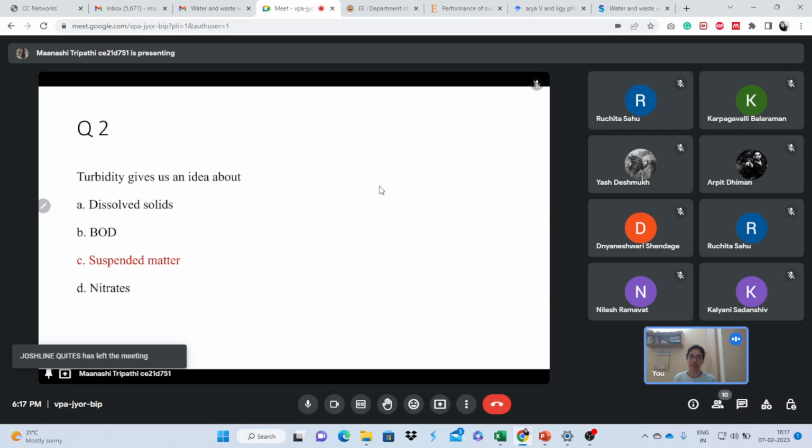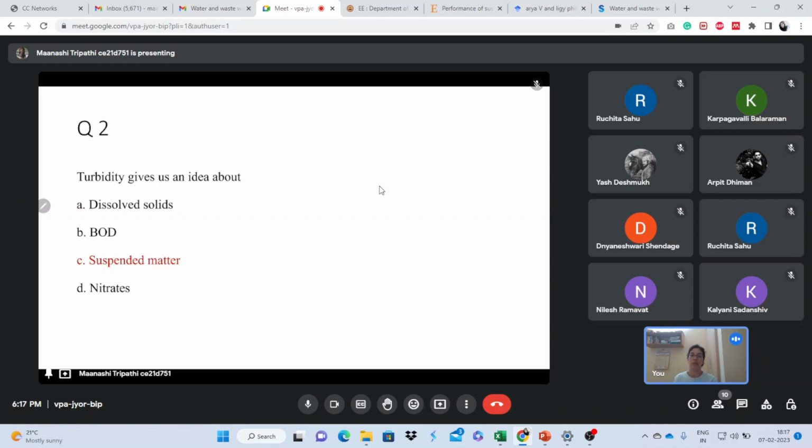Coming to nitrates, nitrate is also a type of dissolved solid. Nitrate is nothing else but a type of dissolved solid. We know one salt, NaCl, sodium chloride. There are many other salts, sodium nitrate, sodium nitrite. All these are kinds of salts. When we dissolve these, you will still be able to see very clearly. So dissolved solids are not the problem.